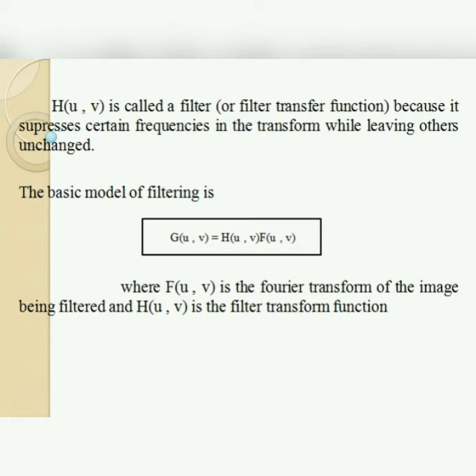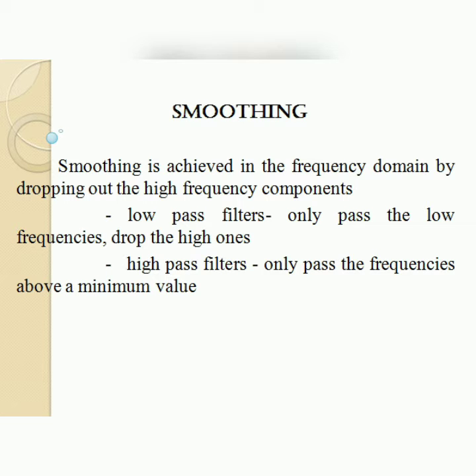It is termed the filter function H of u comma v that we encounter in this middle block. H of u comma v is called a filter or sometimes filter transfer function. Whatever spatial domain image we provide as a sample to this direct formulation of the Fourier transform, we obtain its spectral components. Some spectral components are passed and a few are suppressed by this filter function. Hence, a filter transform function and a filtered image we obtain is on the right side. There are two things we obtain by either spatial domain filtering or frequency domain filtering.